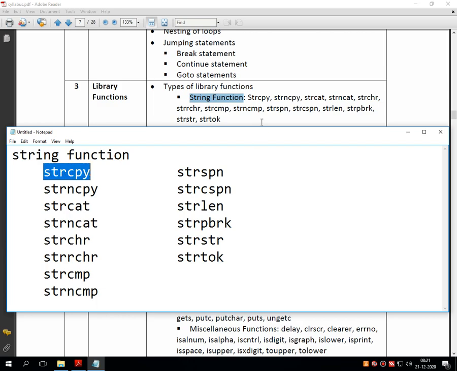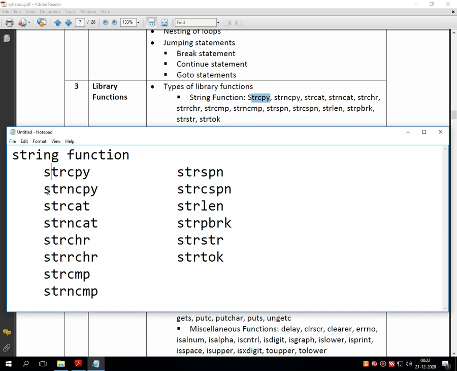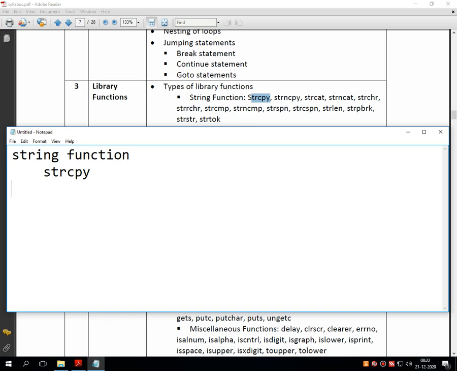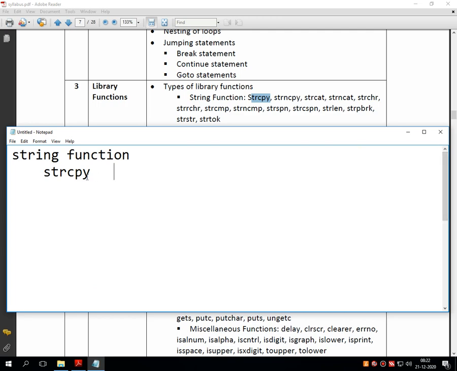Obviously, we are starting with the first one, that is strcpy. So let's keep all this separate. Let me put it in the lower part. We'll discuss strcpy. But before that, we need to know what a string function is.